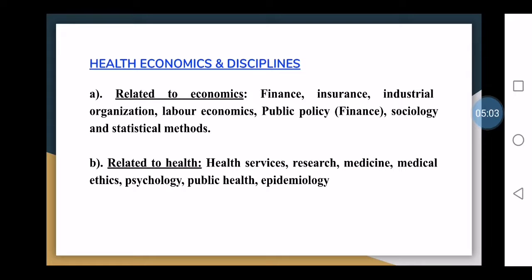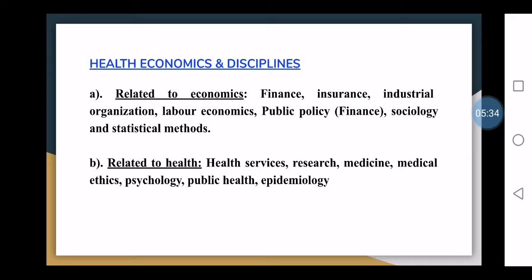So it is concerned with maximizing the benefit within the available resources. It overlaps with a number of topics, both within and apart from health and medicine. So it really deals with medicine, health, sickness, care, all these things. It encompasses more than economic value alone. So you shouldn't think that it is only related to money. No. Health economics is highly related to health and how they manage the resources.